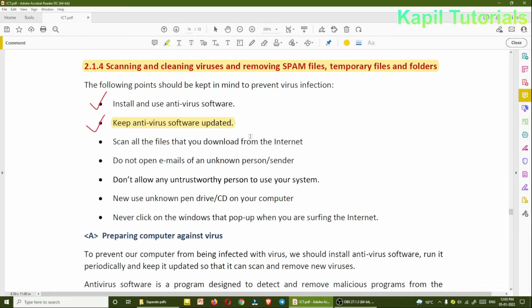So we have to keep our antivirus software updated, so that whenever a new virus comes in the market or on the net, it can save your computer from that virus.